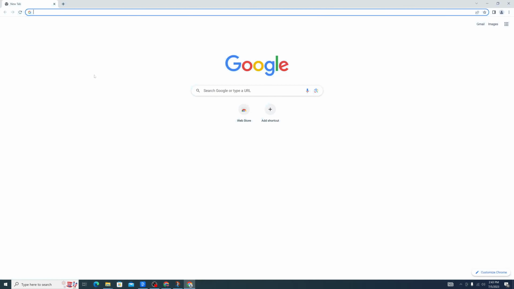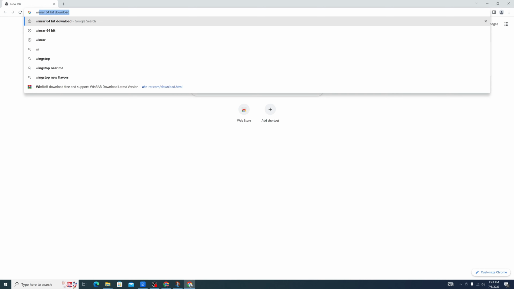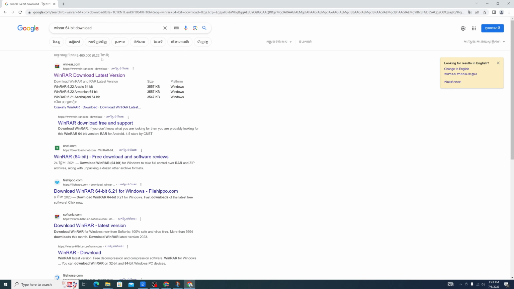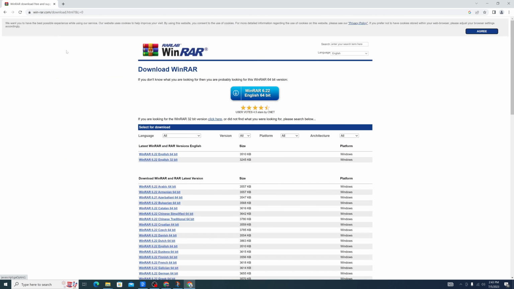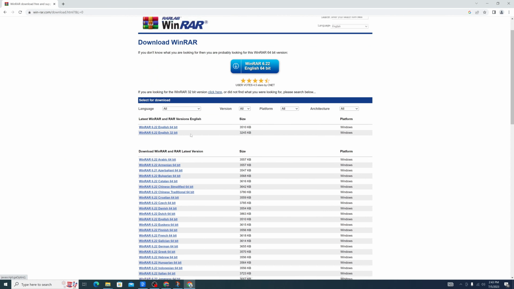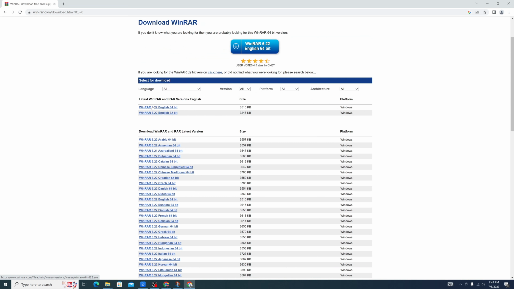Open the newsrooms and then search WinRAR 64-bit download, enter, and then you see the first link here. Click the first link and then scroll down a little bit. Yeah, click in here, WinRAR 6.22 English 64-bit. Click in here